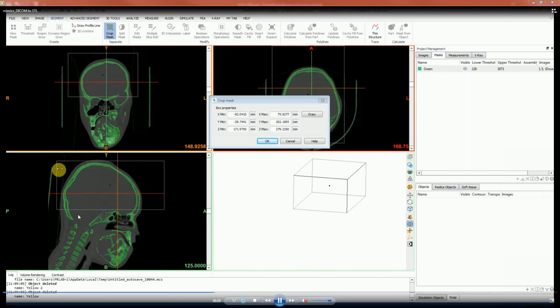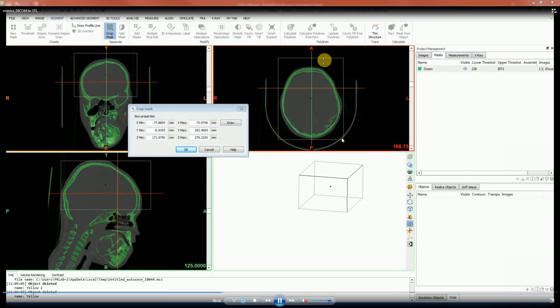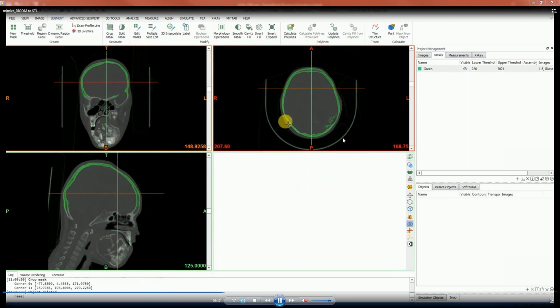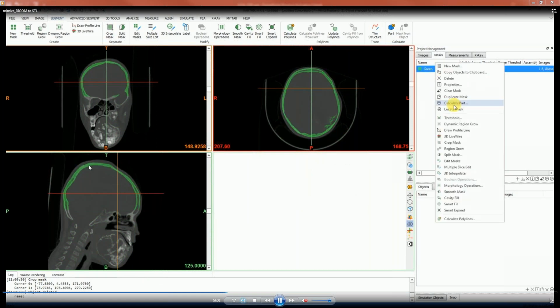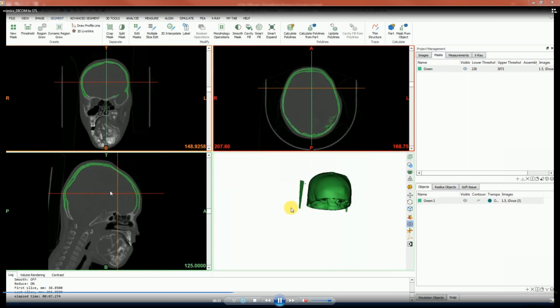In the skull my research area is the cranium. If my interest area is the cranium, then I select this box over the cranium. Then I created a mask. See, it is highlighted. Then I make this mask a solid one.